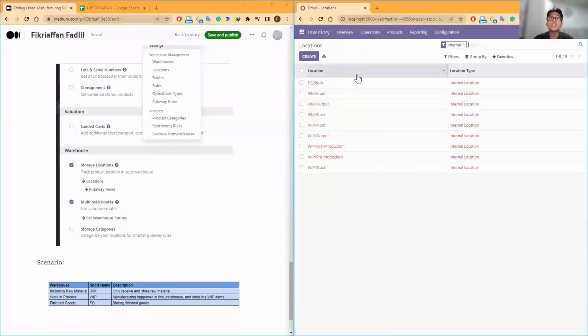And in here we can see, for example, let's start with IRM. So because we are using the 2 steps, during the receiving, it will first be put in input and then to stock. And then on the delivering, when they want to send it to the next warehouse, it will also stop by the output first and then go. And so there is this location. And then also for the finished goods, there is also stock,